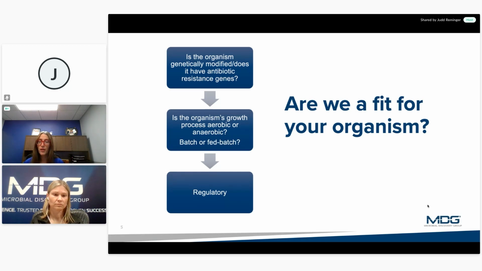You may have some additional requirements that we'd have to discuss, especially on the food and feed side. How can we work that into the schedule and into the needs? How do we provide information for you to do your registration? Because we're going to assume that you're going to be doing sales maybe outside of the US, or you're going to go for your GRAS with the FDA, and then how do we support you that way? And we do that early on in the talks in the Are We a Fit portion of the sales cycle and the development cycle.